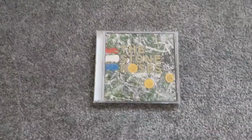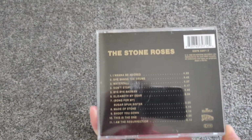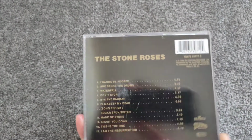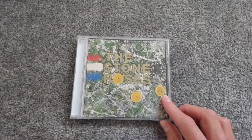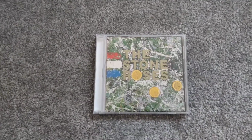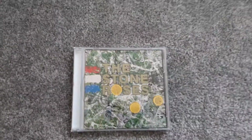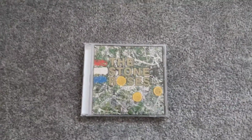So first off, we have the Stone Roses first release in 1989. Now this is not an original release. I'd like to find an original release. This is just a reissue from 1999, but that's in my collection right now. I am always on the lookout for an original 89 pressing. That's not one. So starting off with the Stone Roses in 1989,